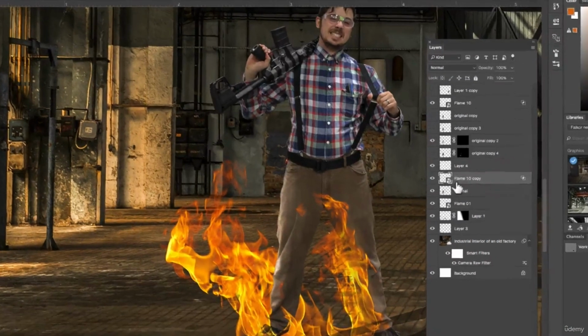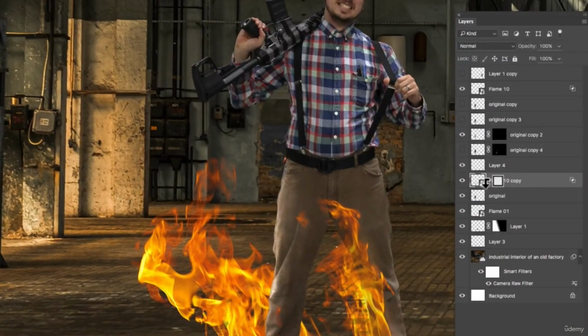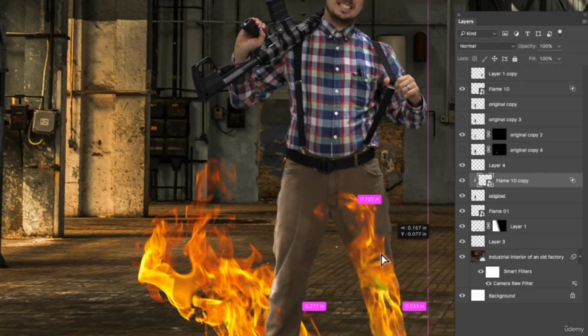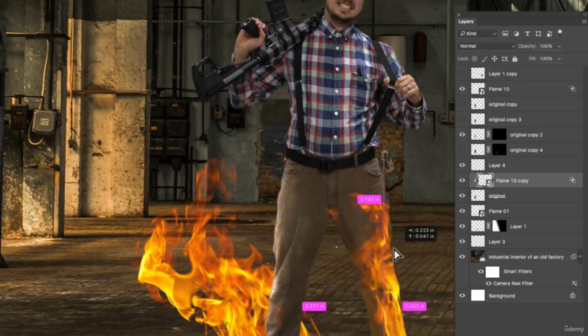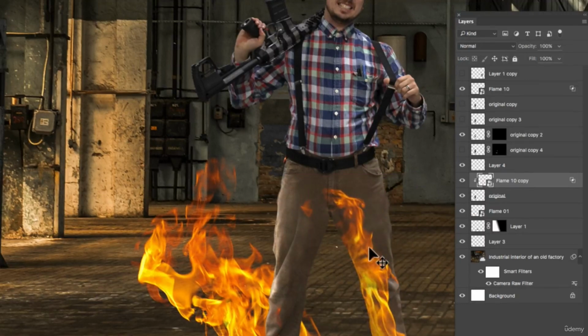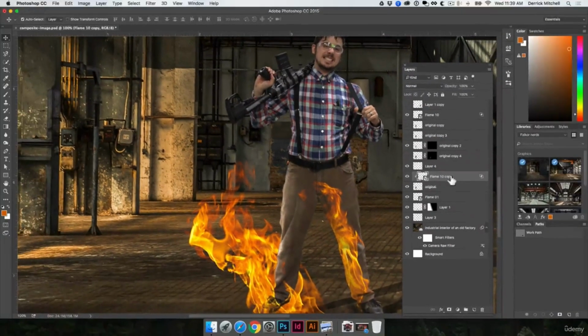So I'm going to drag this down, and there's a few things I could do. I could hold the Alt key and click between here, and what that does is it uses whatever layers are below as a mask. If I want to undo it, I'll hold Alt and click between the layers. Now I can move this layer around, and you'll see it's masked by the shape below it. Another way I could work, and that's actually probably my favorite way to work right now,